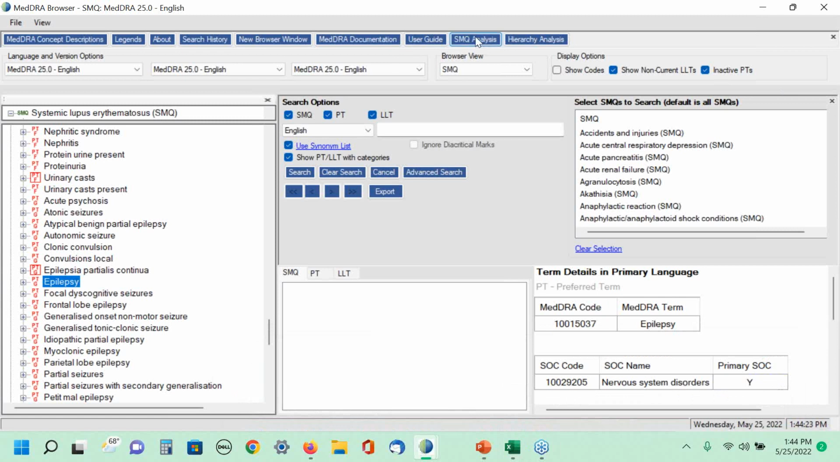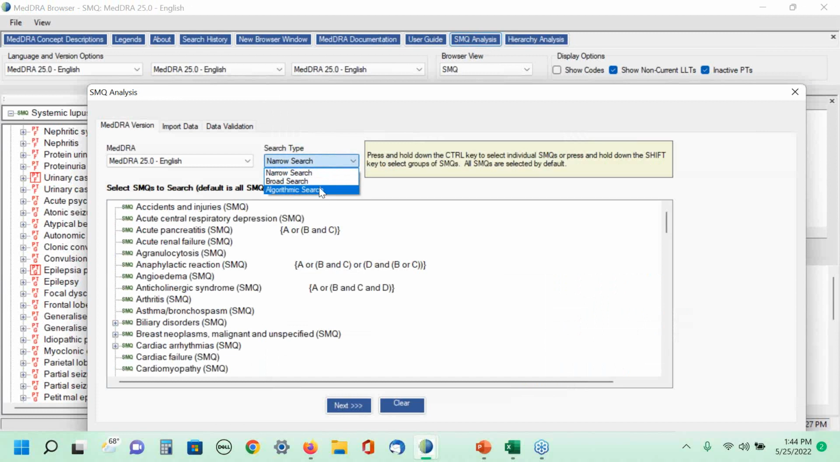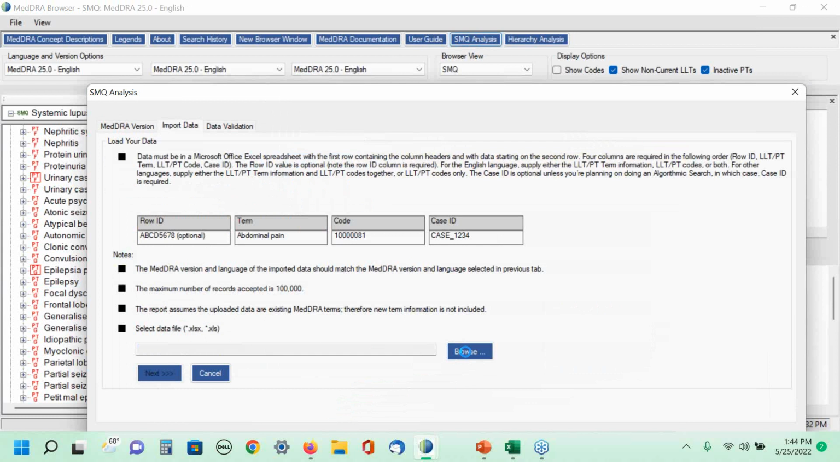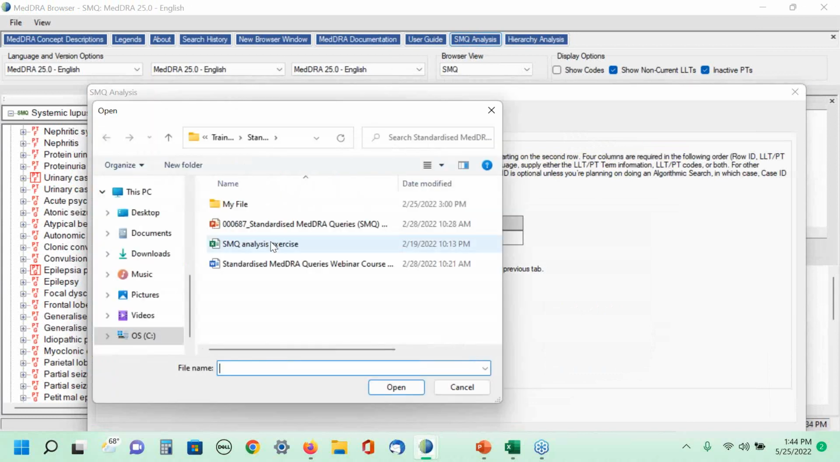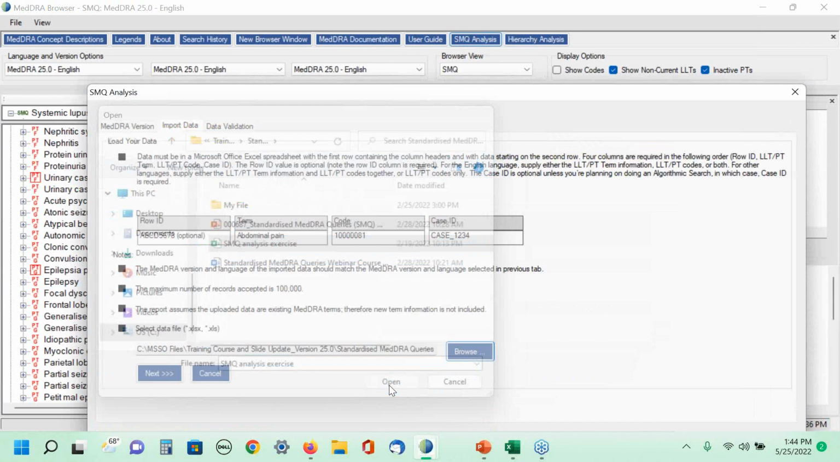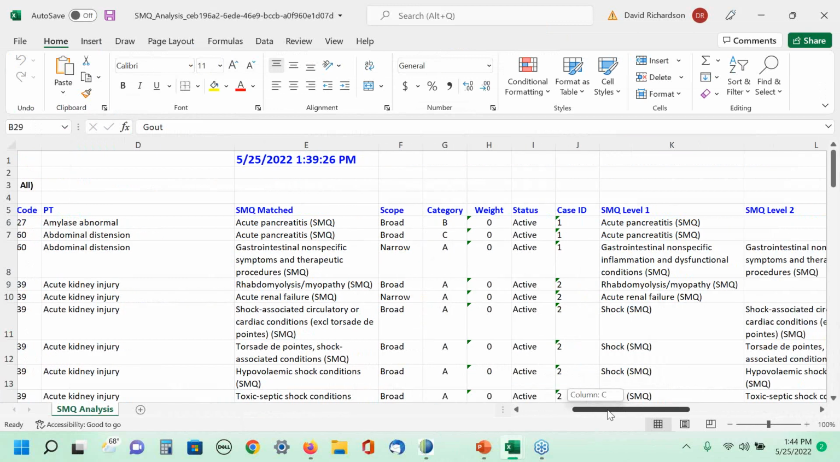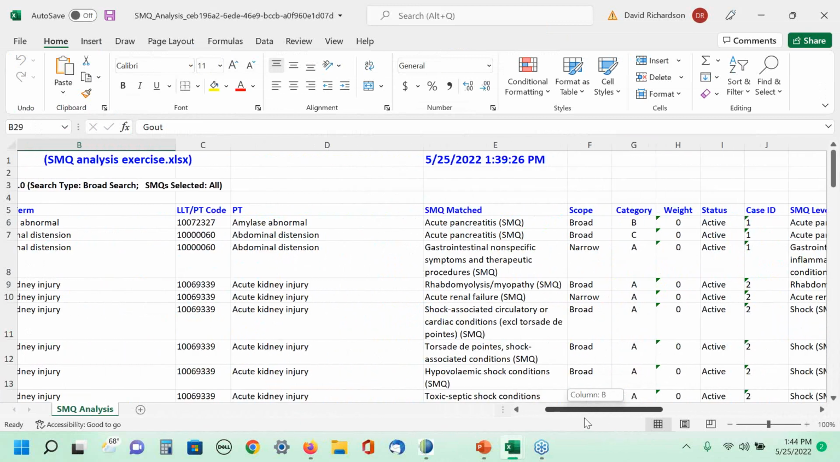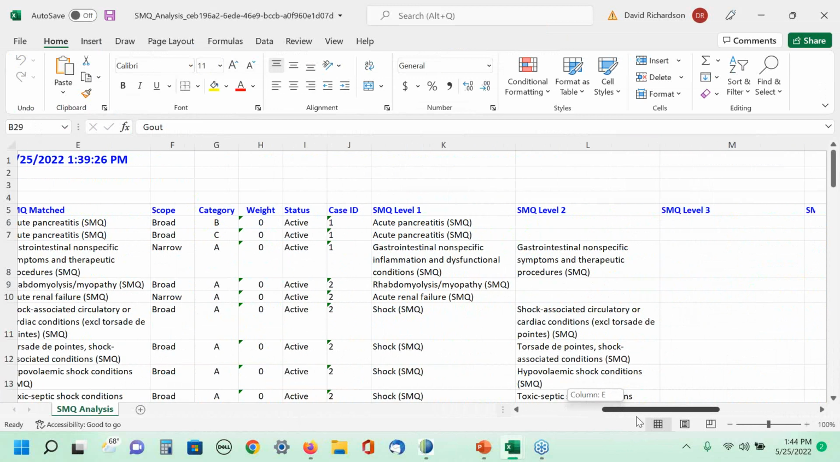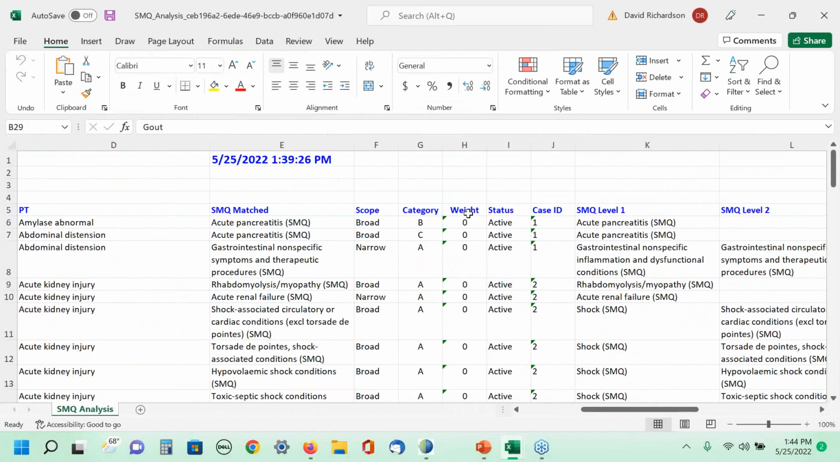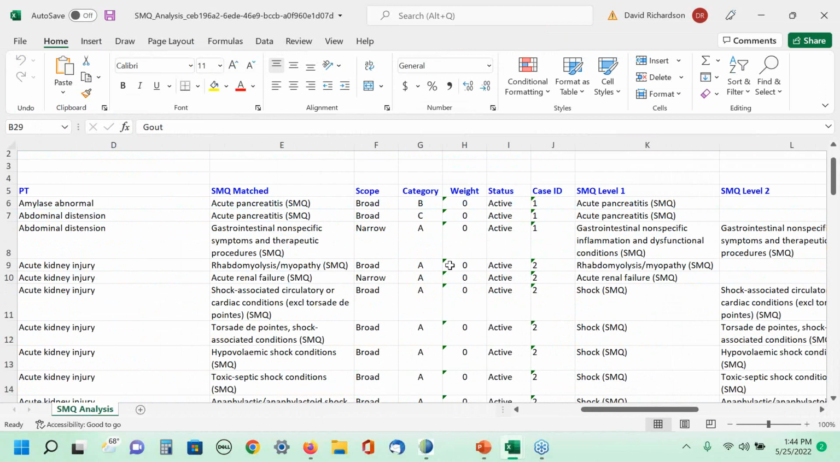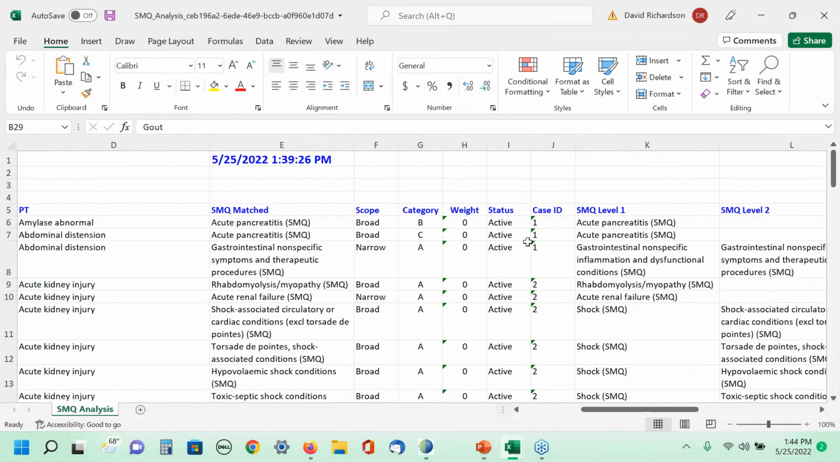And so again, SMQ Analysis Tool, broad search, asked for my data, I put my data in, I run it, I get my spreadsheet. So now I'm going to scroll over and see in this broad search that I did, what else can I glean? I can glean that the weighted algorithm here is 0 for everything besides those cases that may be related to lupus. Here's the status, they're all active, but we also see one other thing here as well, which is some